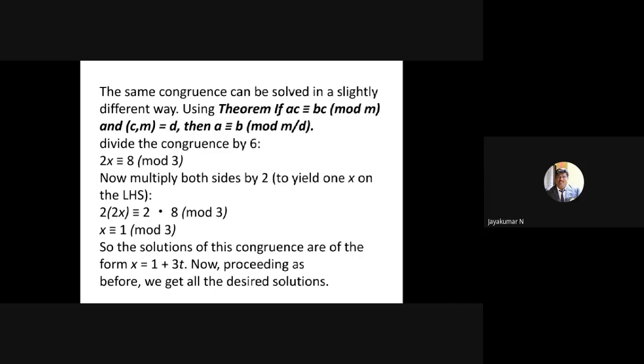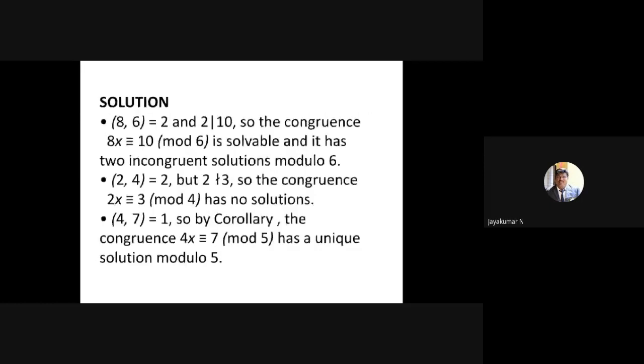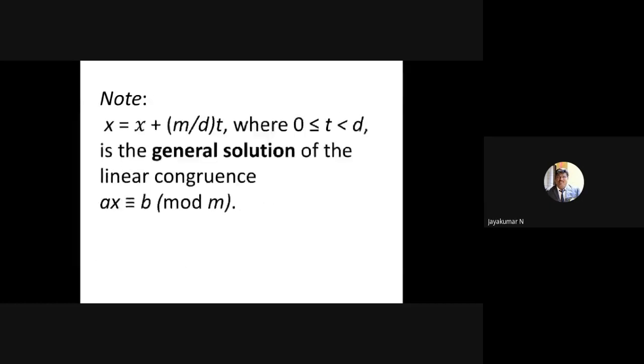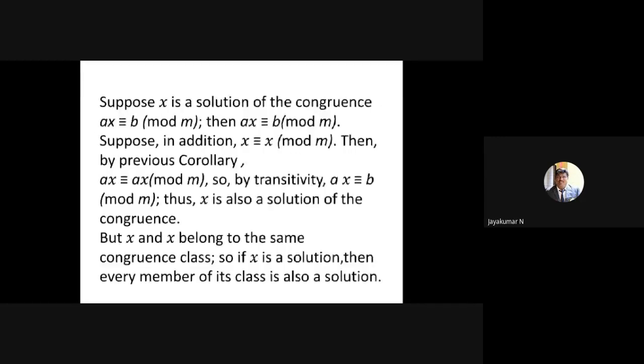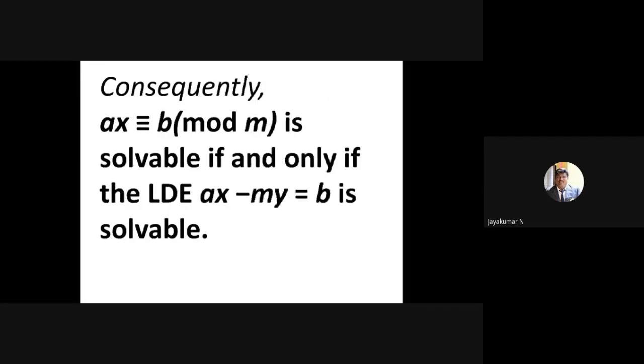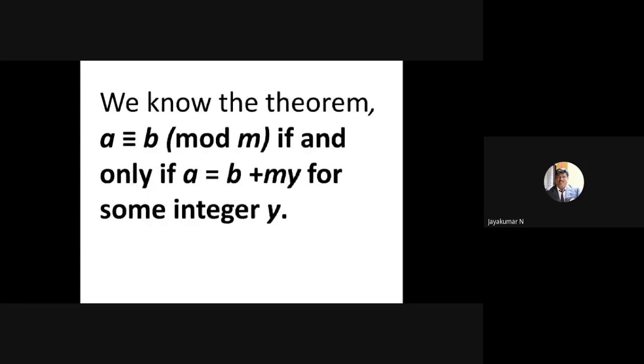Initially, I told you the linear congruence can be expressed as a linear combination. So a is congruent to b mod m. Then the linear congruence can be written a is equal